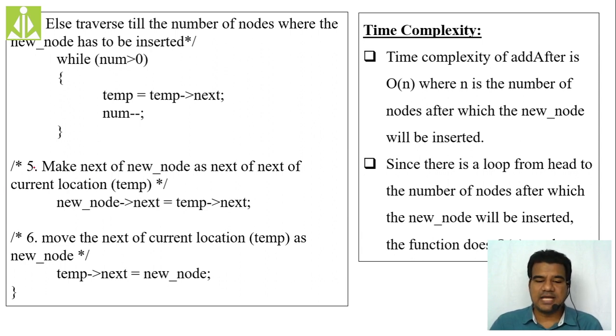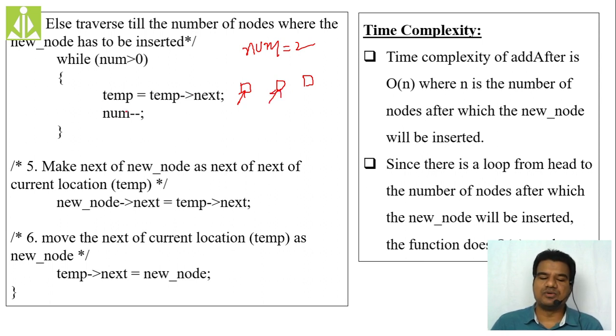Right now inside this while, if you see, num is greater than 0 and temp equals temp of next. So in the first iteration, let us assume my num value is 2. I want to move my temporary pointer 2 locations ahead. So my num value is 2 now. Initially 2 is greater than 0. Condition true. So what will happen? Temp will move 1 location ahead. Here in your linked list, temp will start from here. So right now the temp will come over here.